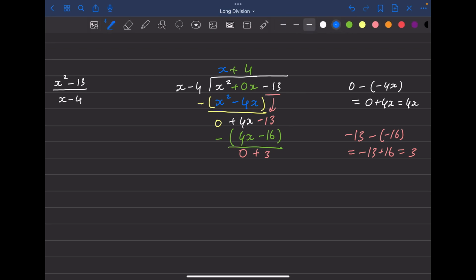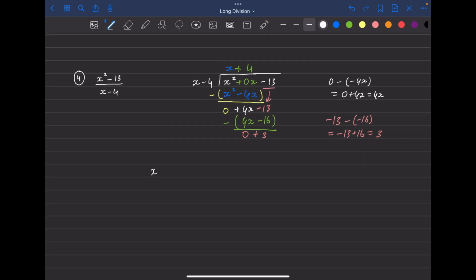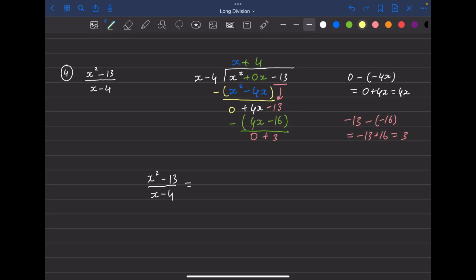We stop here. And then if I look back at my original question, we had x squared minus 13 over x minus 4. And this was equal to, first the quotient. Quotient here is x plus 4. So let's write that down. x plus 4. And the remainder this time is 3. So I'm going to write plus 3 over x minus 4,